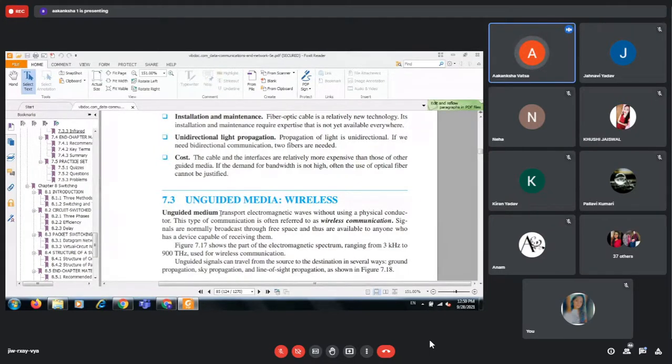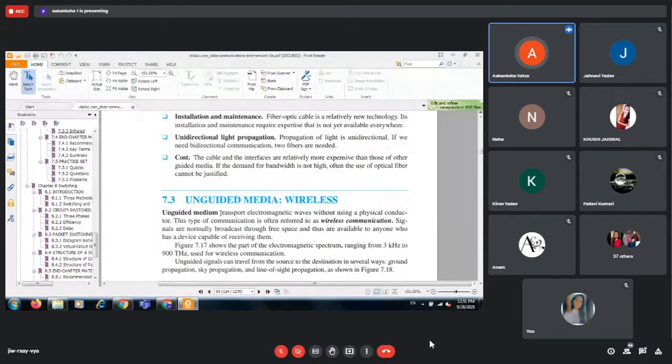and we are not limiting it to the physical structure of the transmission media or the cable. So wherever you have a cable connection from source to destination, there only you can transfer the data and the signals in guided media. But in unguided media, you can transmit it in wireless form, in the air, in free space, and anybody who is aligned to that source can receive the signal. That is why it is unguided. You are not guiding where to send the signal and who will receive it.